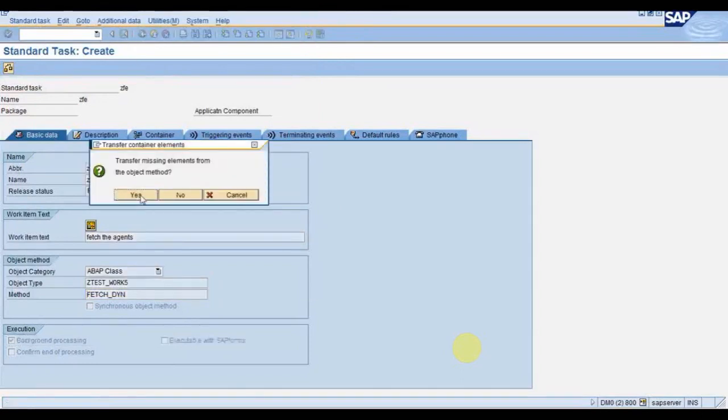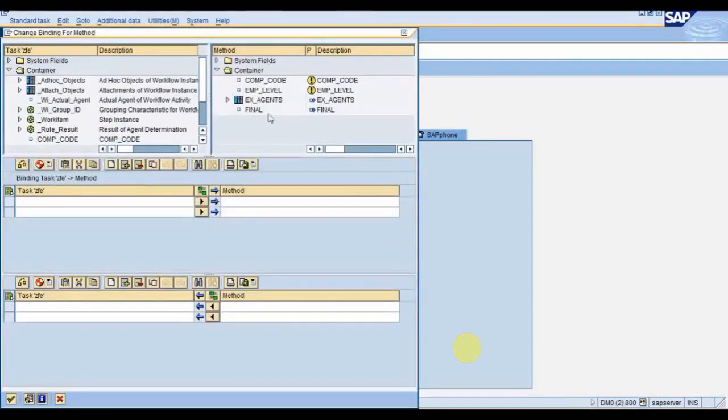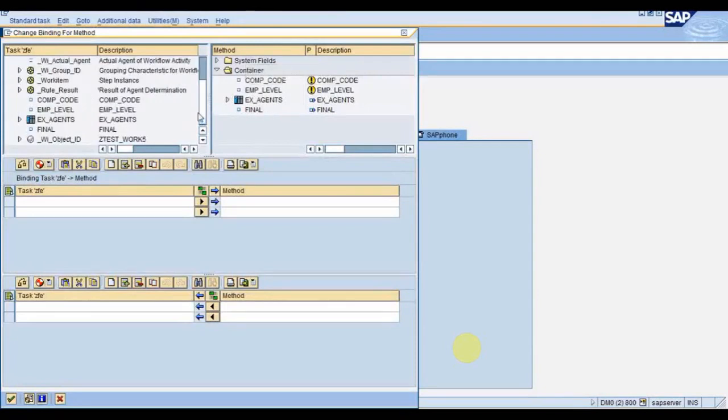It will be background processing, synchronous. The binding is done by default because I have chosen the default transfer of elements. So you can see here, in both the task container and this method, the elements were created automatically. I will have to just do the binding. In exporting, I will have this X agents.